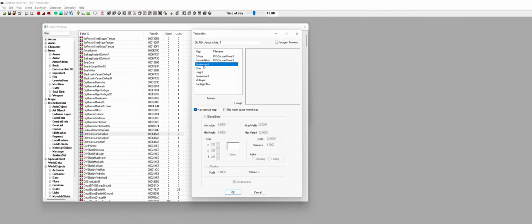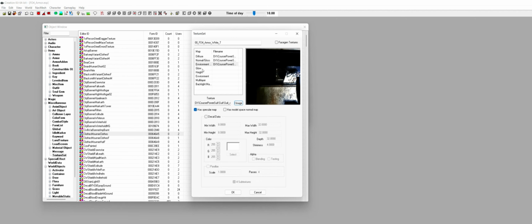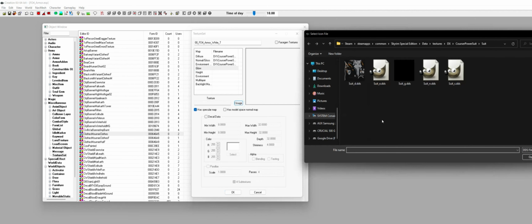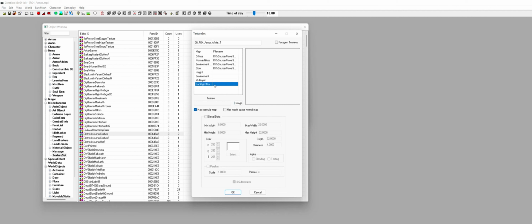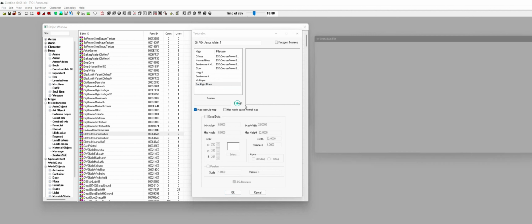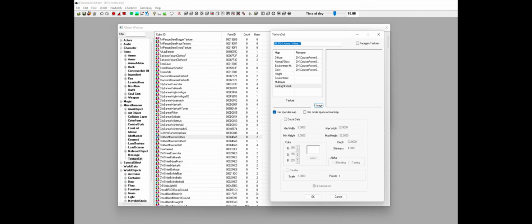Alright, environment, it will be underscore E. Glow, it will be underscore G. And the last one is a bit tricky, the backlight mask. It's actually a very weird name for the specular, so underscore S. There we have it. Alright.